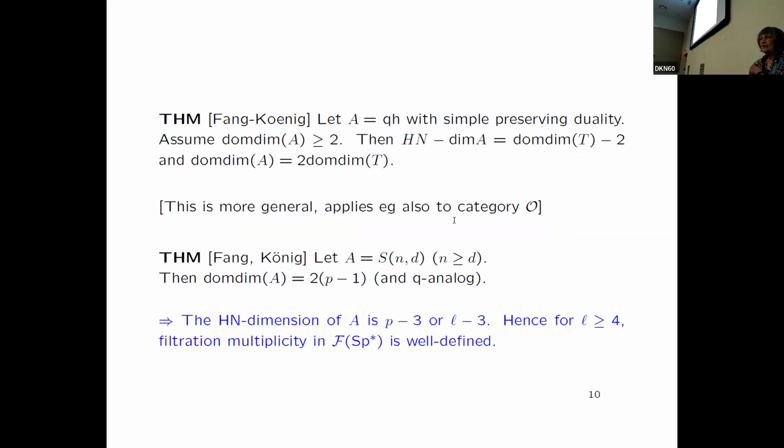Yeah, I mean, Fang and König did something for n which applies to n greater or equal to d. It also applies to category O or some other settings. So they have a theorem. So you take a quasi-hereditary algebra, which has a duality which fixes simple modules. And if the dominant dimension is at least 2, then